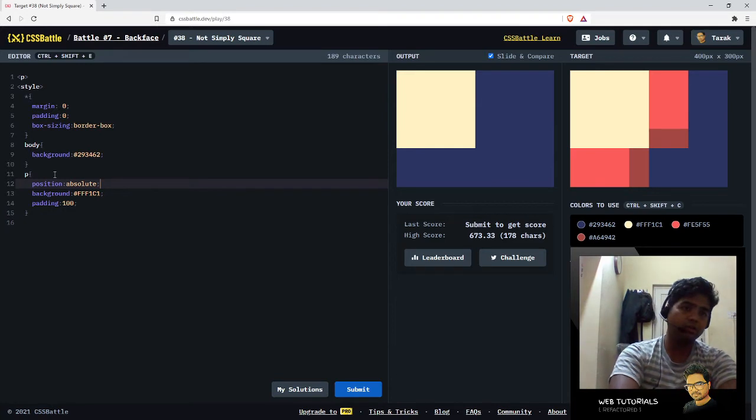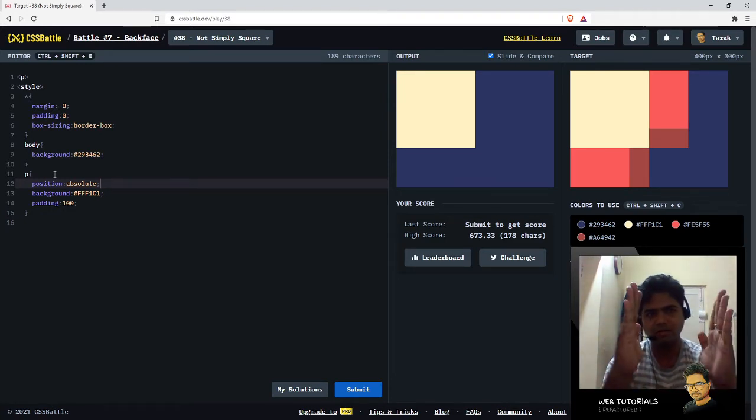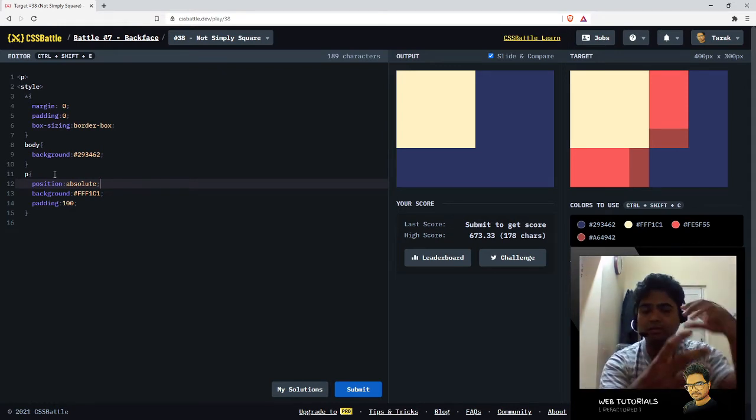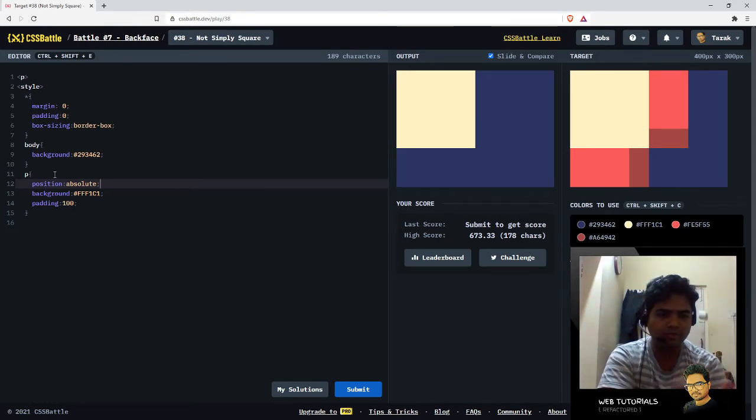Why position absolute works is basically the block stretches throughout the page or its container. So you are telling the element p that you are pulling it out of the container and you are placing it on HTML, I mean the top level document. The document doesn't have height and width, so there is no reference to till where it has to stretch. So that's why position absolute works for this particular stuff.